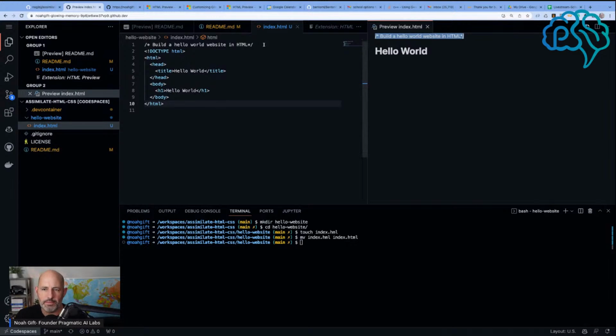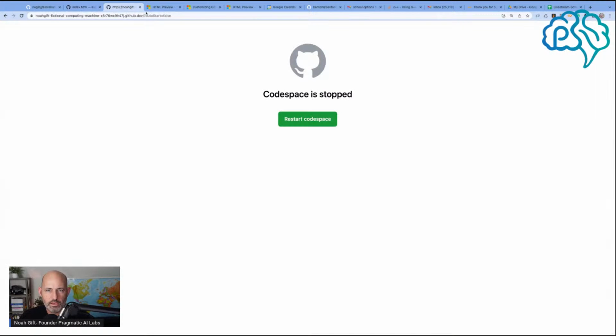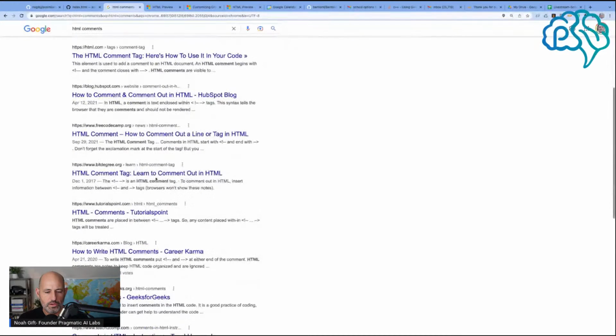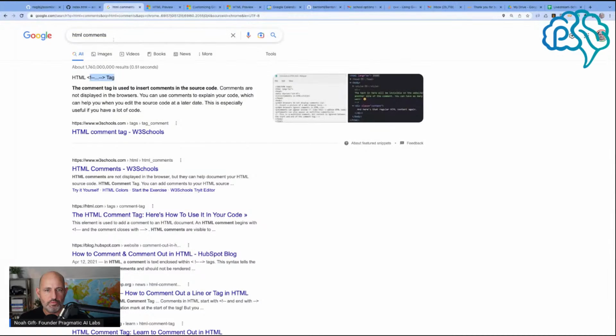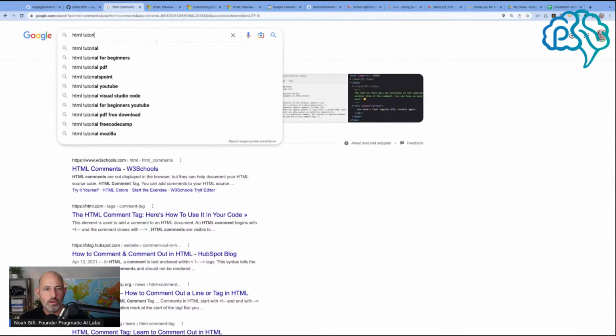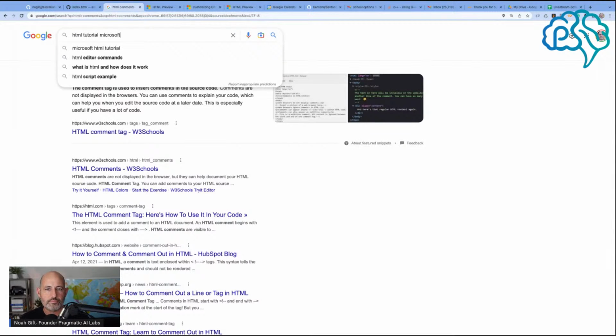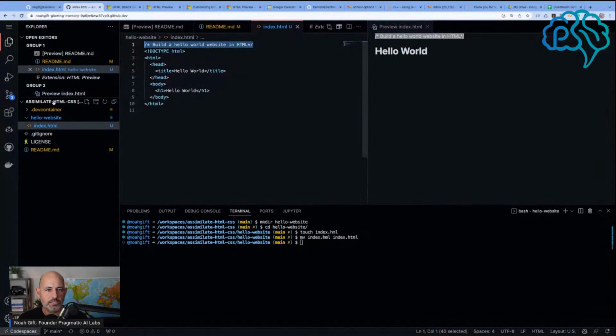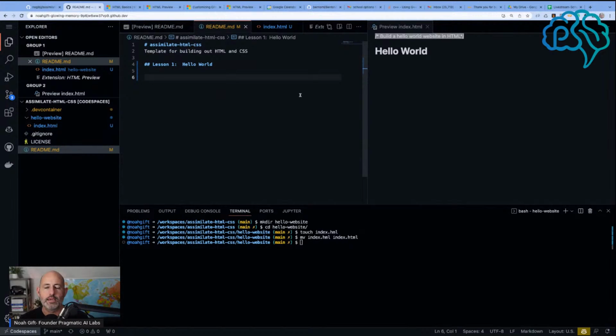Now, I'm assuming that this, I actually forget about this, but I'll just Google it. We'll just say HTML comments. Did I do it right? Oh, no, I didn't do it right. HTML comments are going to be, this is the problem, HTML tutorial, so Microsoft, high quality source here. Let's just double check here, and let's just say hello world